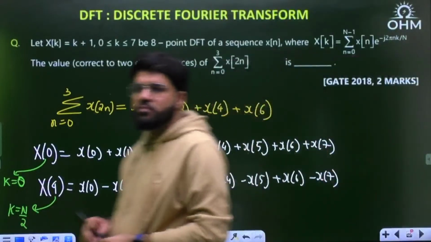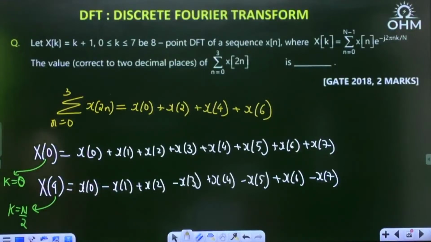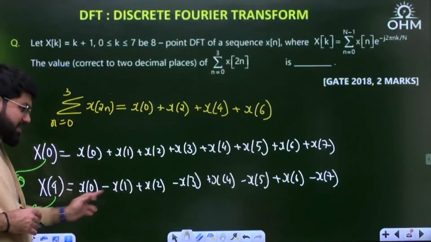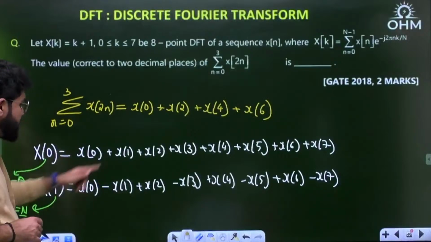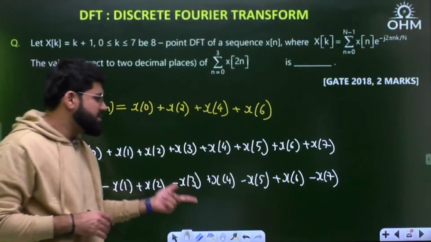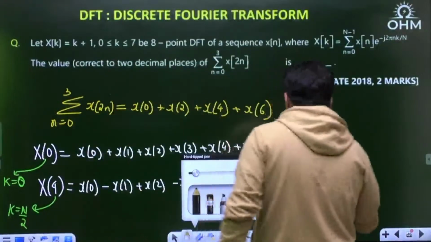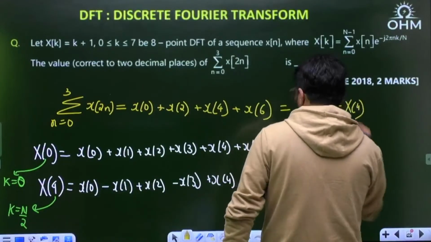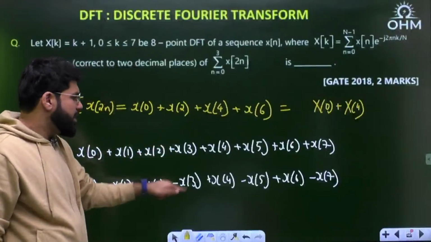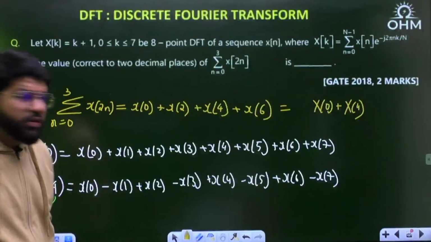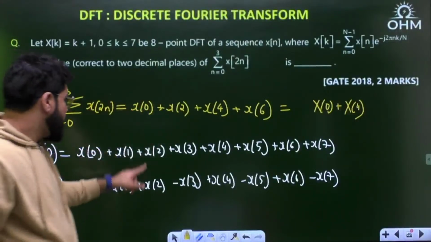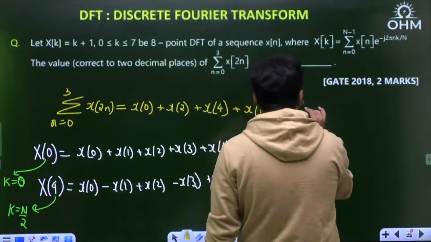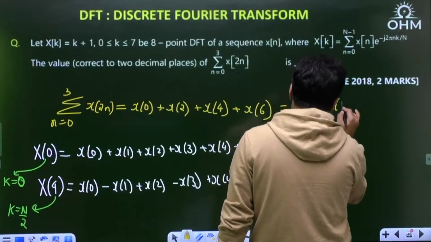All right, now you see why I have written this pattern. Because the question is asking the summation of alternate terms. So when you add this, in the second part there are alternate plus minus. All odd terms cancel: x1 minus x1, x3 minus x3, x5 minus x5, x7 minus x7. But what will be obtained? x0 plus x0, that is twice of x0, twice of x2, twice of x4, twice of x6. You want only one time? No problem. If you want only one time, then I should write down the answer as x0 plus x4 whole